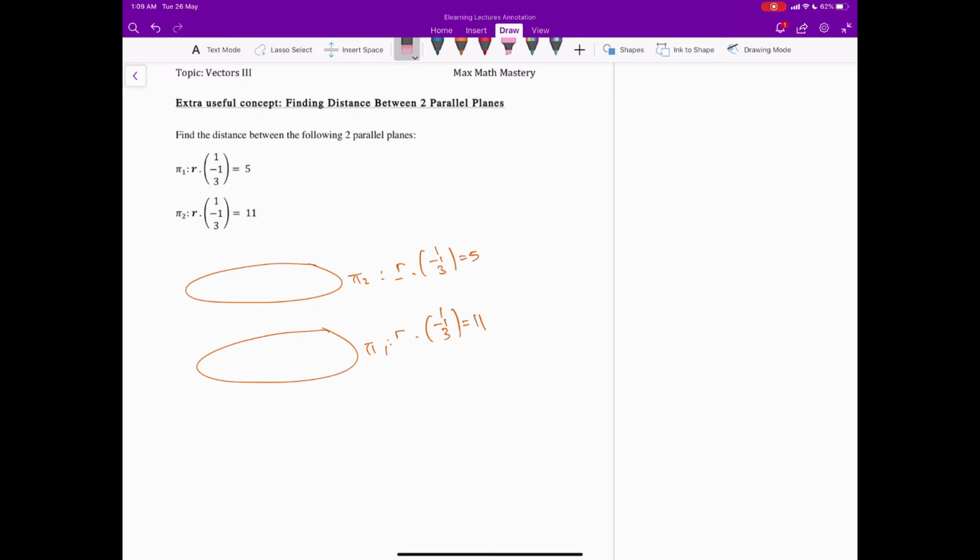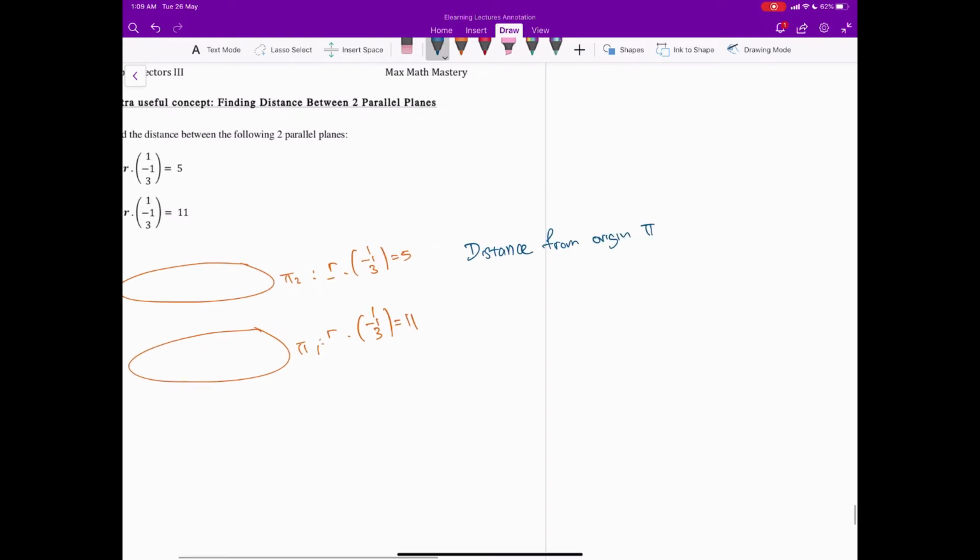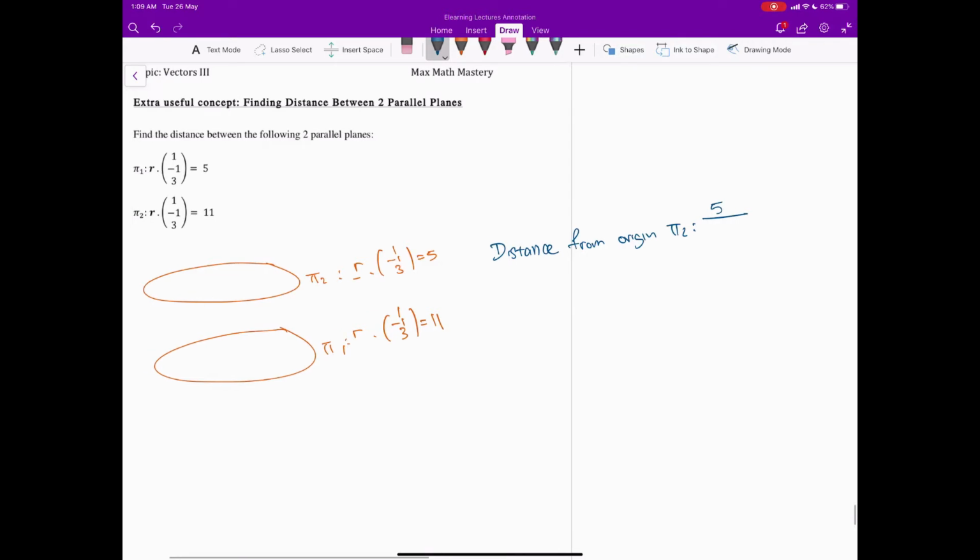Now method 2. I'm not going to do all the working, you can try it out yourself. You should be able to derive it. Method 2 essentially is using the distance from the plane to the origin. From the origin to plane 2, let's say, you should derive as 5 over modulus n, which will be the square root of 1 squared plus 1 squared plus 3 squared, which is root 11. Okay, distance from